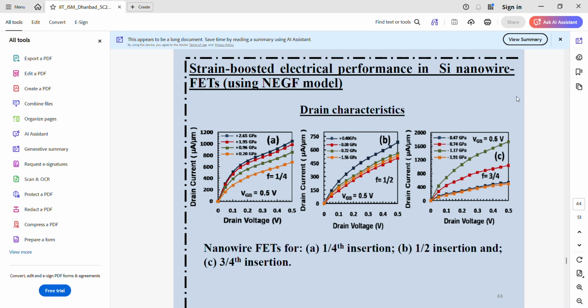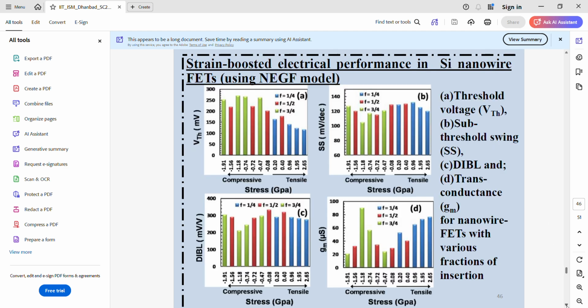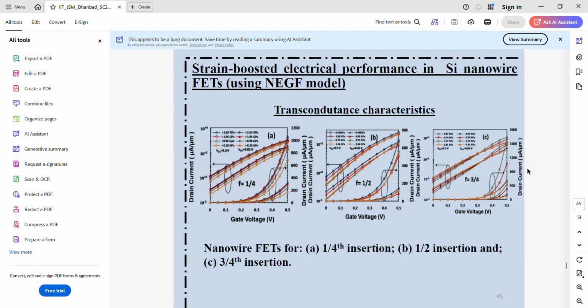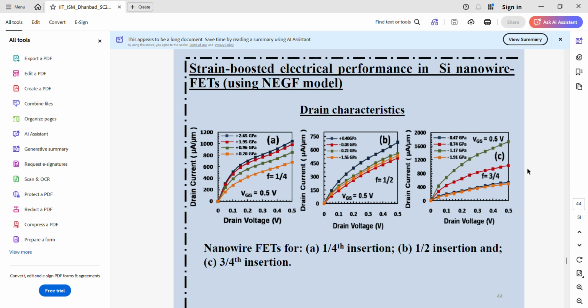So, we pick up where we left. The strain boosted electrical performance in silicon nanowire FETs using non-equilibrium Green's function model. Here we have studied the basic characteristics, that is the drain characteristics and the transconductance characteristics of our structure. However, as long as the transconductance and drain characteristics are concerned, we find that for 1/4 embed, for half